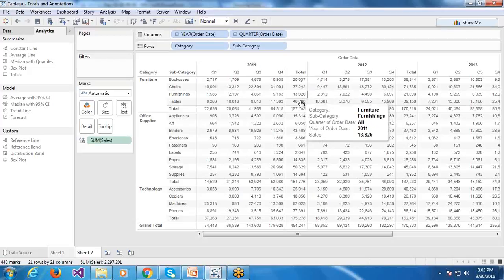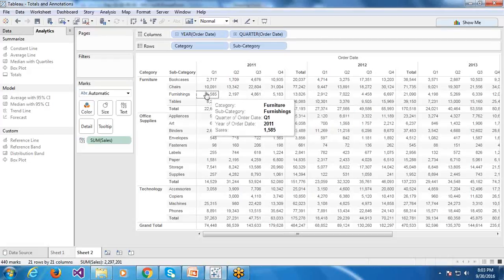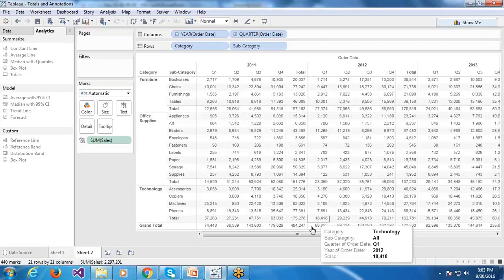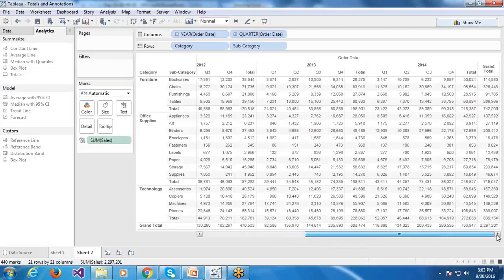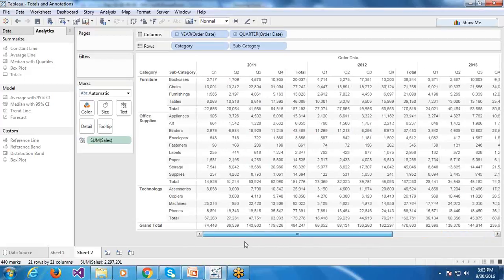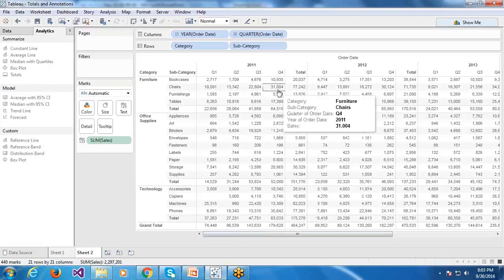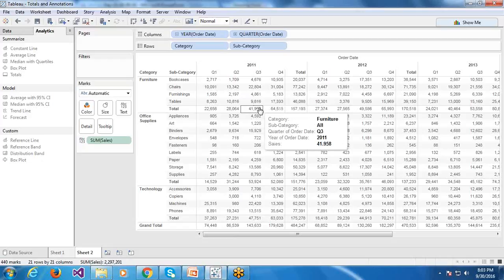So this is the subtotal for the quarters in 2011. This is the subtotal for the quarters in 2012. Like this I have multiple subtotals. But if you have all these dimensions, subtotals cannot be enabled for an individual row or column.